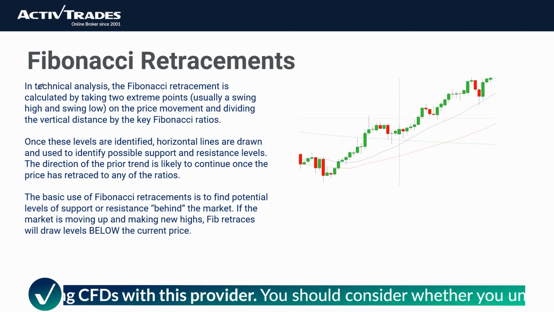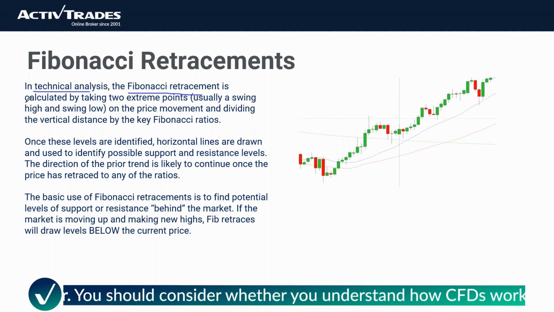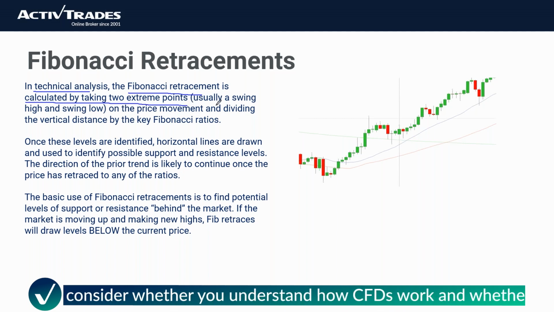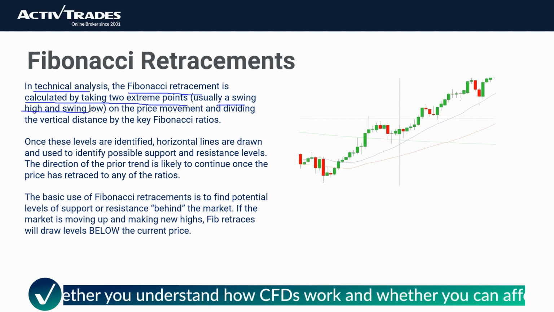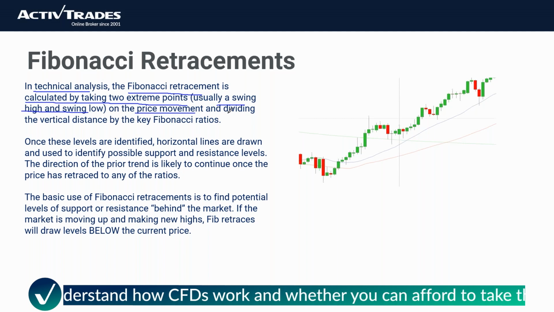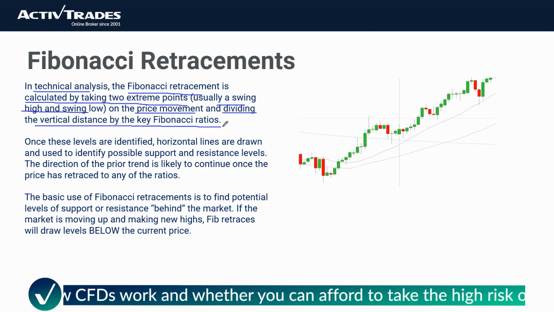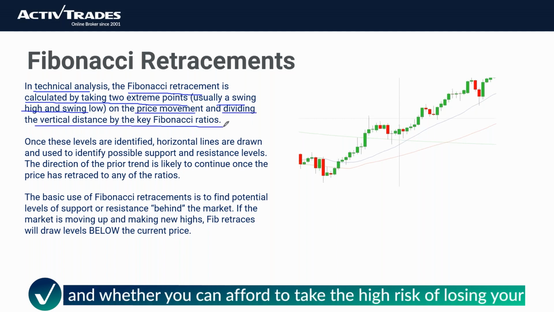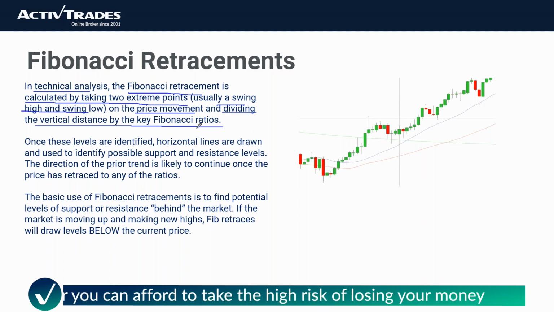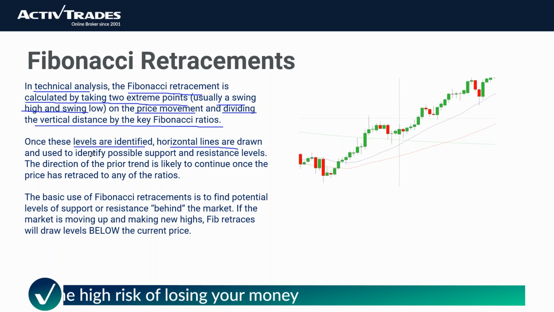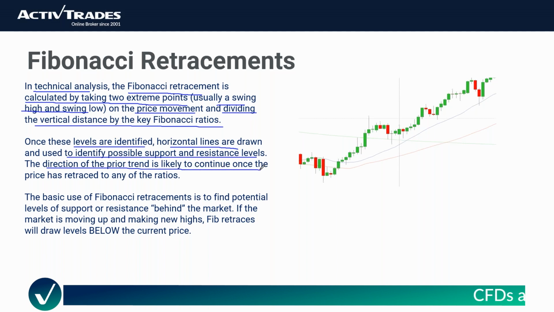So, as we were saying, when it comes to technical analysis, the Fibonacci retracement is calculated by taking two extreme points, usually a swing high and a swing low, off the price movement, and then dividing the vertical distance by the key Fibonacci ratios. Once those levels are identified, horizontal levels are drawn and used to identify possible support and resistance levels. And the direction of the price trend is likely to continue once the price is retraced to